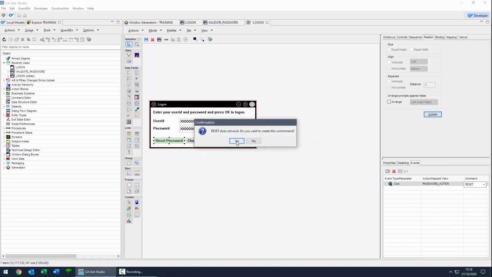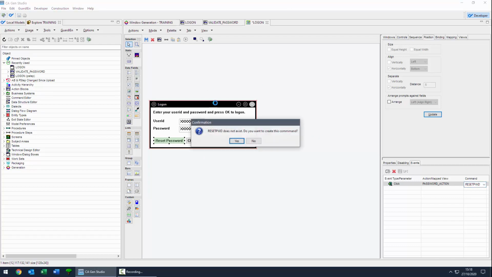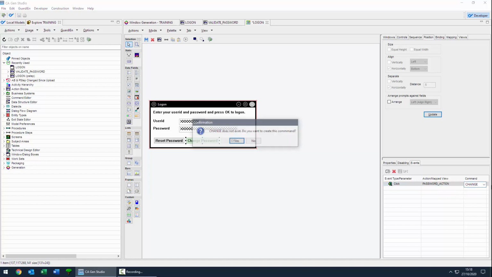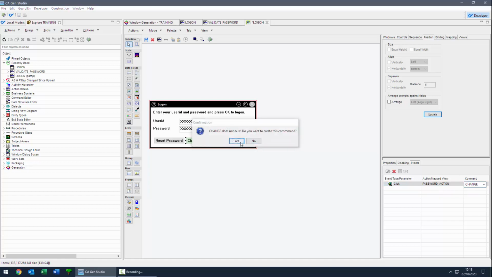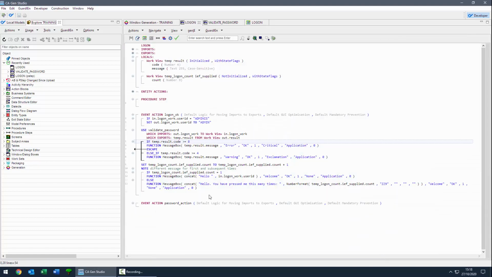It doesn't yet exist. Actually, I'll just use another reset password, or change. I'll use the same event action and a password of change. So if I save that, there's the event action in my procedure step,